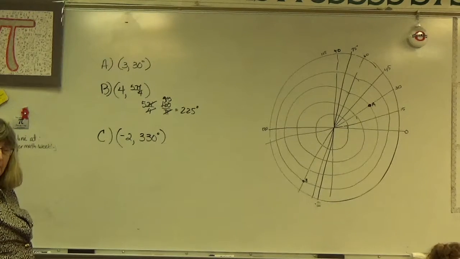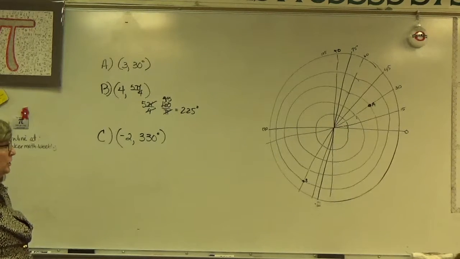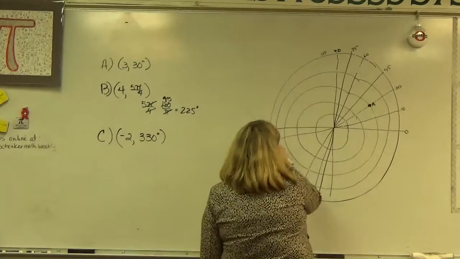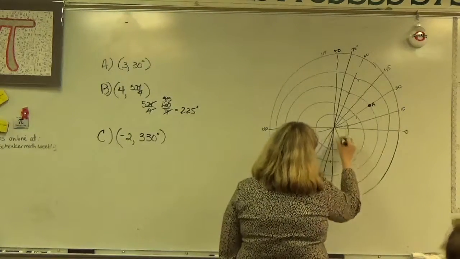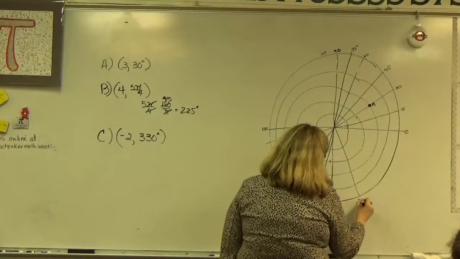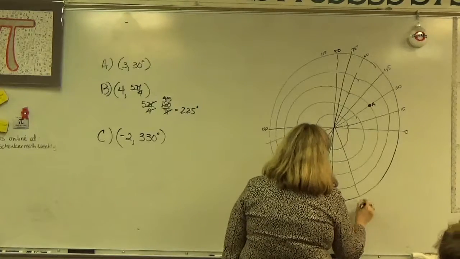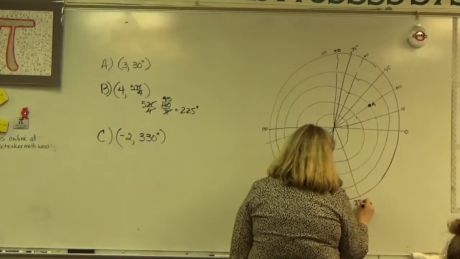Okay, don't worry about the negative yet. First thing you gotta find is the degrees. So where's 330 degrees? Okay, so I've gone around here, here's 180, down here's 270. So there's 330, well, I'll say 3, added 15, so it'd be 285,